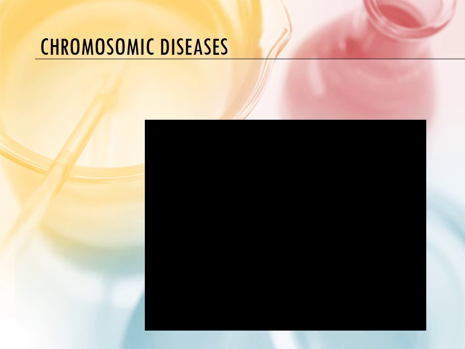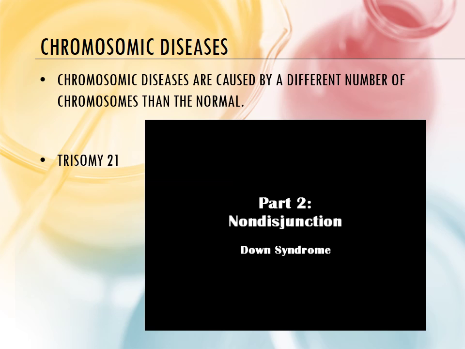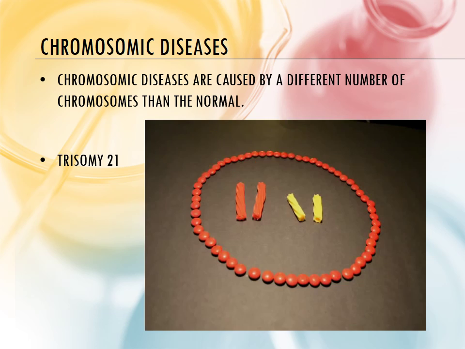Chromosomic diseases occur when there are more or fewer chromosomes than their normal number. One of the most common diseases of this type is Down syndrome, in which the problem is created by an extra chromosome 21. It means there are three instead of two copies of chromosome 21. In 90% of the cases, the extra chromosome is contained in the egg cell, and only 10% in spermatozoa.